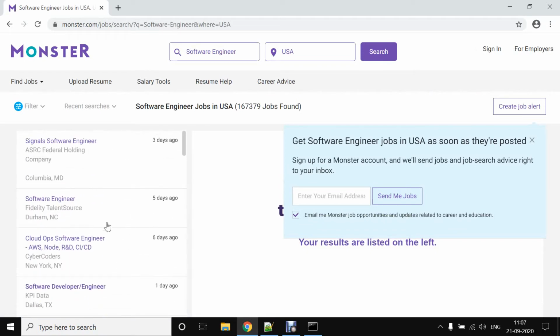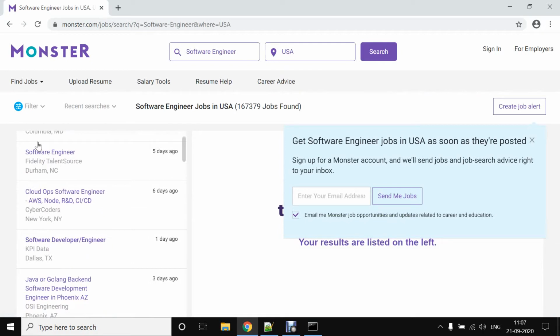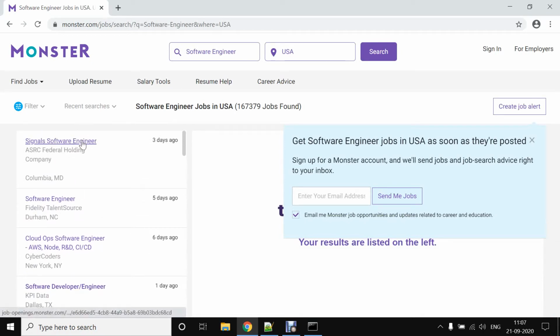Okay, so I need to fetch this data. I want whatever be the title, whatever company name, whatever position, and the application link. I want all that data in my Excel. So I don't want to come here daily and check each and every job.